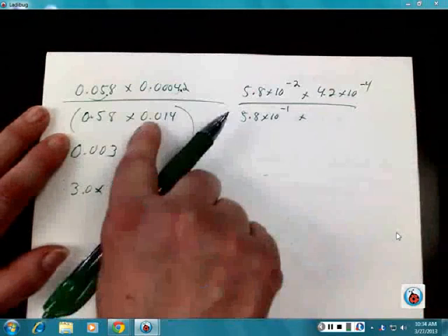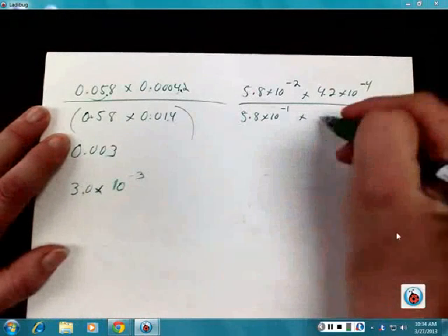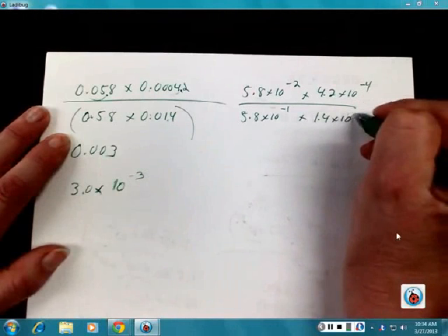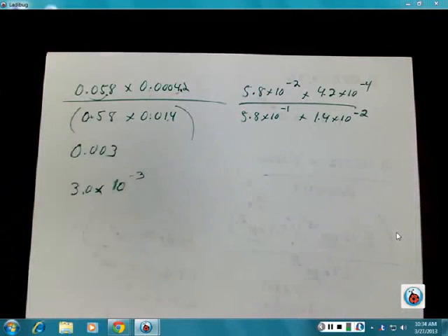Move this last one back 2 spaces. Now it's all scientific notation. Okay? I kept putting it in my calculator and I'm like, why the heck isn't this working? I wasn't using the